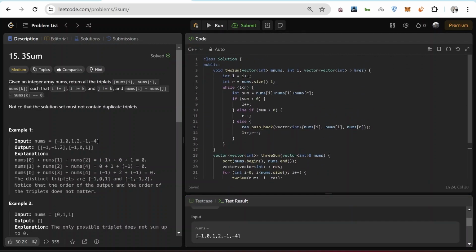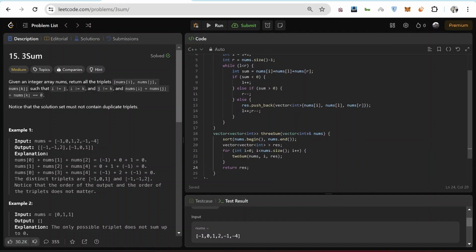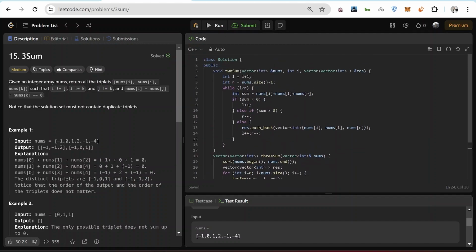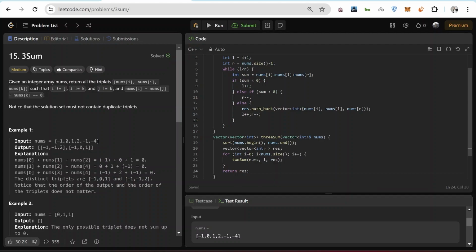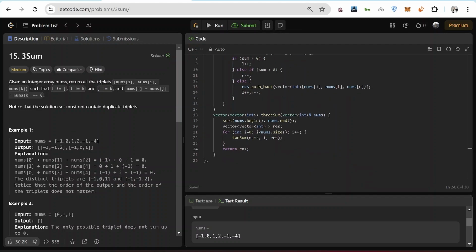Now to avoid duplicates in this, so we have -1 twice. That is why we are getting -1 0 1 twice, because -1 is I, then again I becomes -1.